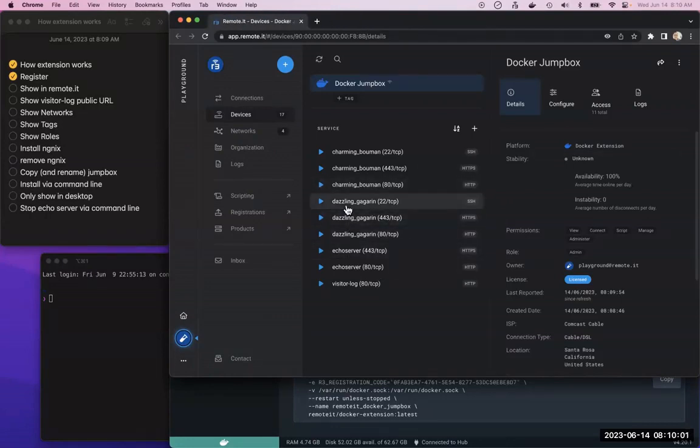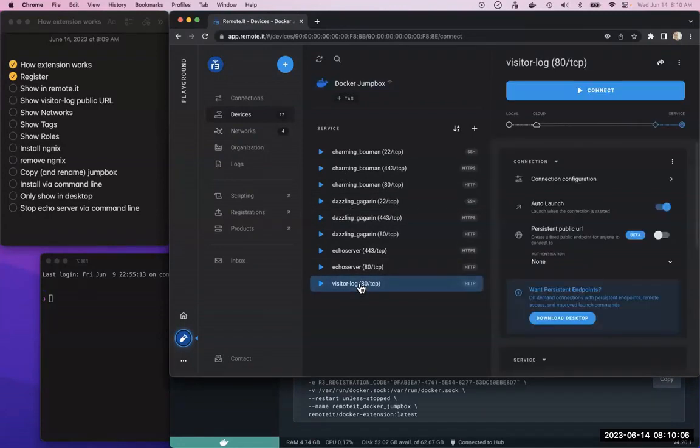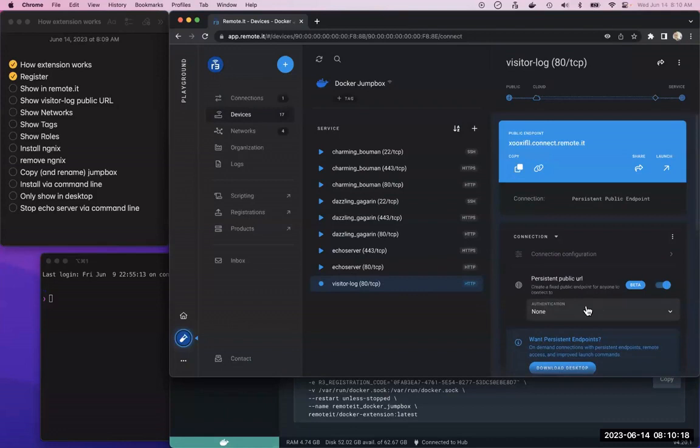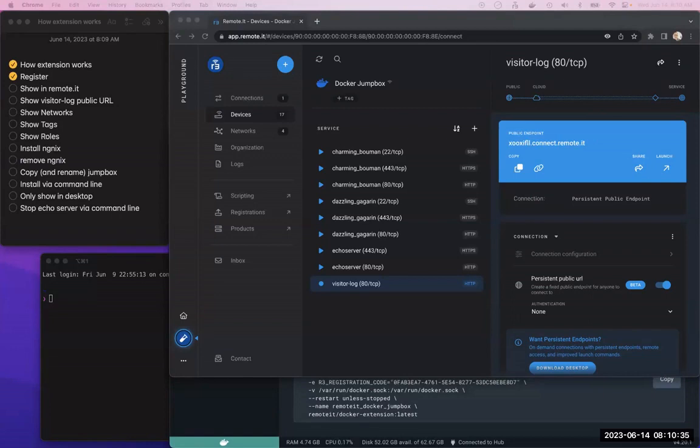and who can connect. So actually the first thing we will do, which is kind of fun, is this visitor log thing. It's just a simple web server that is a demonstration of how we actually do have access to this service. And we can make a public URL for that. You can see there's a little warning because it is actually exposing this to the public. And if I have this public URL here now, I can share that with everyone. I don't know how that works in this webinar, but I'll put it in the chat.